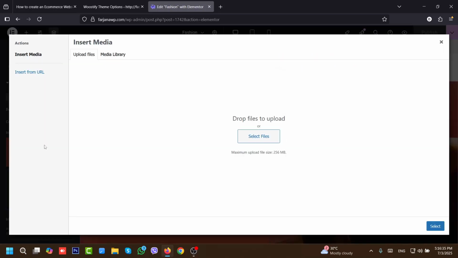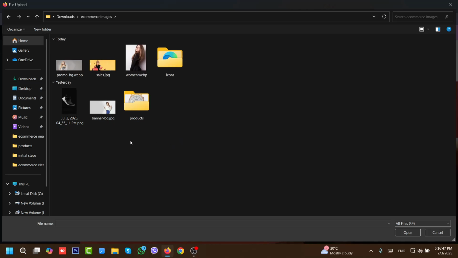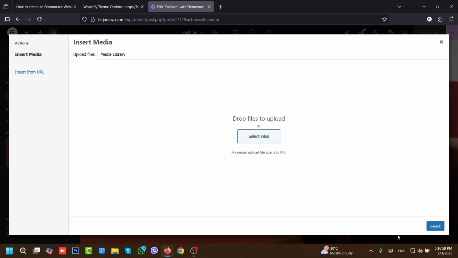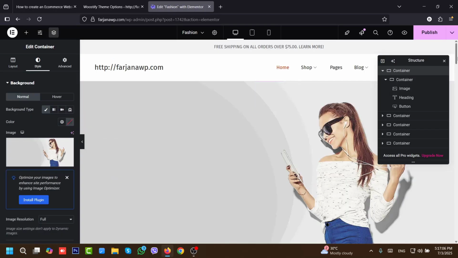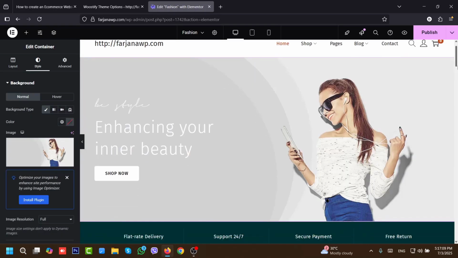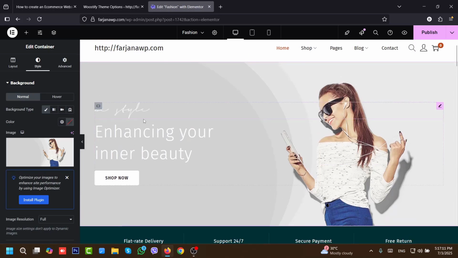Now going to media, and from here I'm going to upload files. Here I'm using some dummy images. If you like these images, you can also use this. I will leave all the image download links in my description. Alright, so going ahead, I'm selecting this image and cross it. Now from the left side we see this is the light background image, and here is the